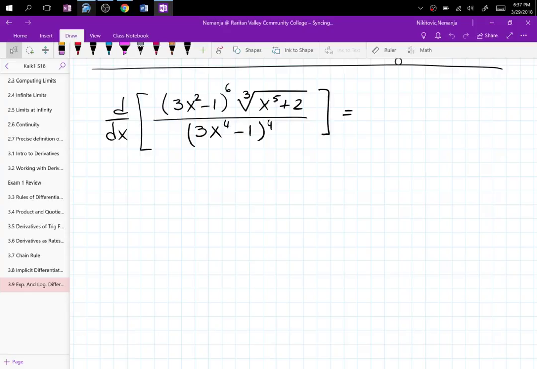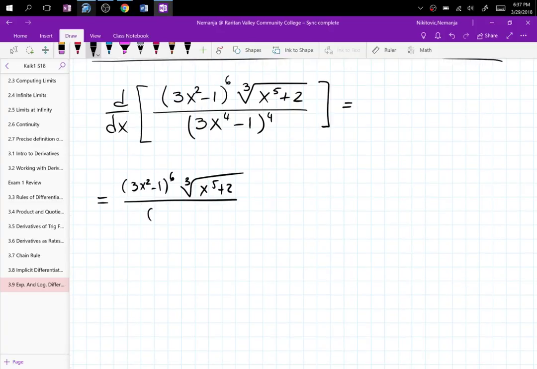So let's do that. So what's the derivative of this? The derivative of this is you just copy the whole thing as is. So 3x squared minus 1 to the 6th times the cube root of x to the 5 plus 2. Everything divided by 3x to the 4 minus 1 raised to the 4. Right? So that's how the answer starts. So you copy the entire problem times,